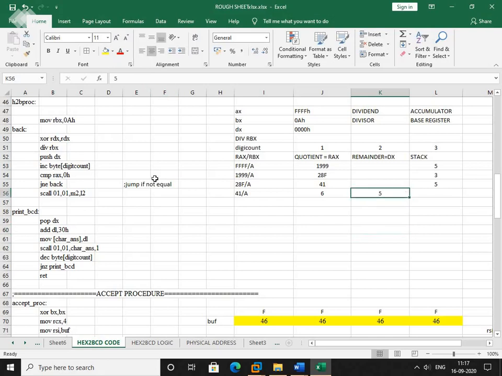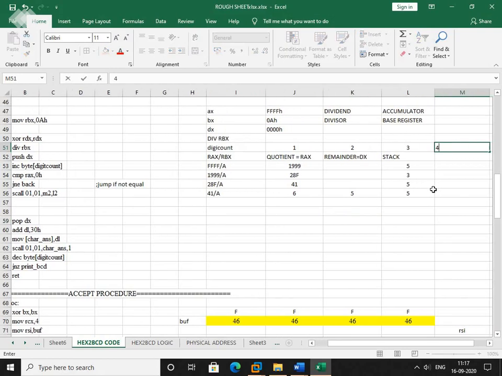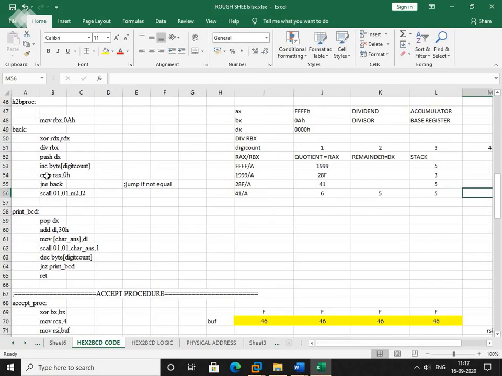So this remainder 5, again push dx, that means it will be pushed onto the stack, right? Then next, after pushing onto the stack, increment the counter, that means it has become now 4 digits. We got 4 remainders. Next, compare with 0. This 6 is not equal to 0.